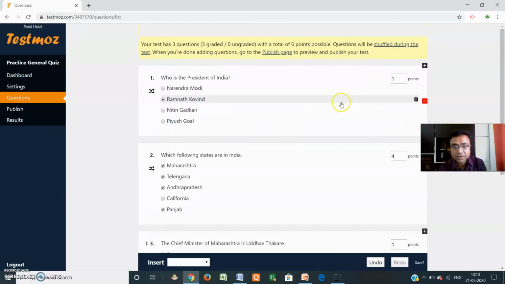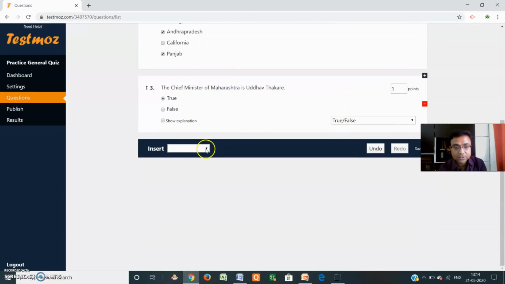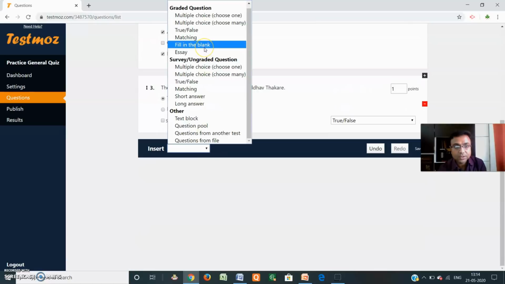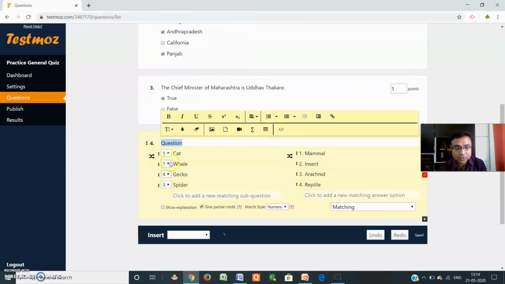Then another type of question: just insert the question, fill in the blanks type of question, or matching type of question is also there. So here we can select the answer like cat, whale.